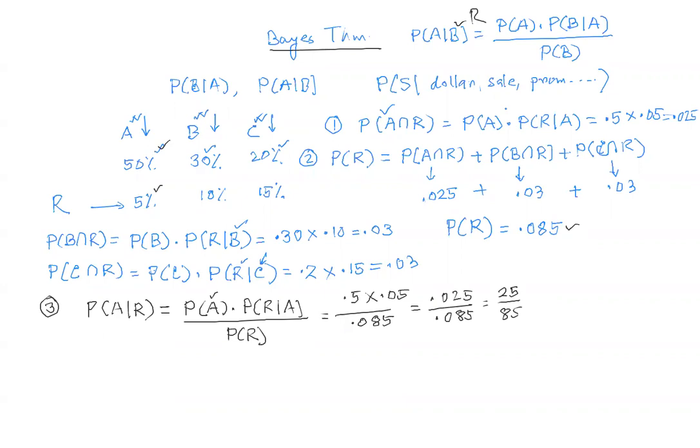I multiply both the numerator and the denominator by 1000. That gives me this number. 5 goes into 25 5 times, and 5 goes into 85 17 times. So 5 over 17. And if you do the math, 5 divided by 17 comes out to 29.41. So approximately, I'll use approximation, 0.2941, which is approximately